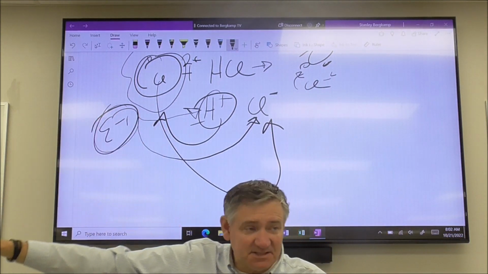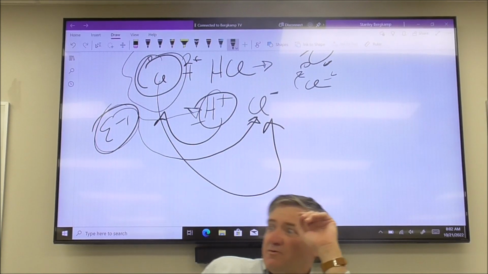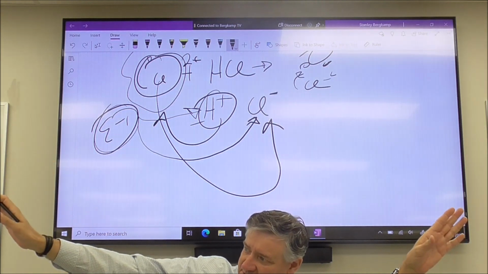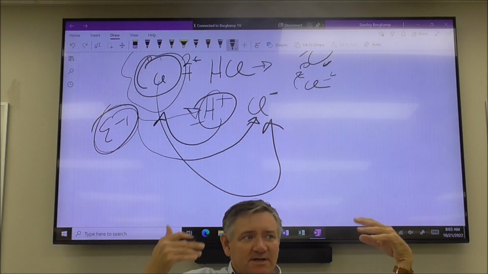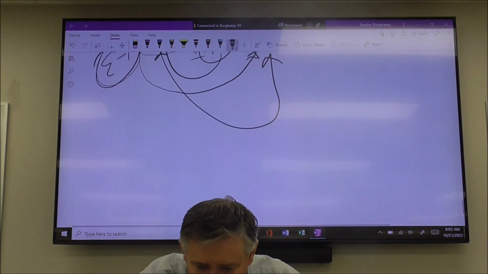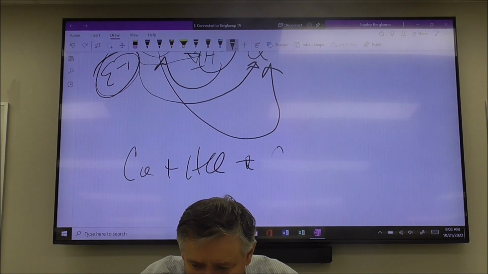Hydrogen gets its electrons back, then it forms hydrogen gas. The calcium then bonds with the chlorine. It's a score, okay? The calcium has lost its electrons, so it's happy. The chlorine gains its electrons because now it has a negative charge. So look at this. Out of this reaction, you get calcium chloride